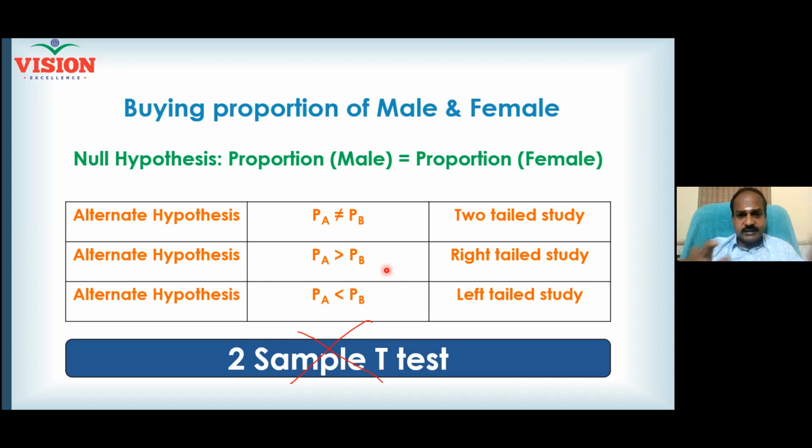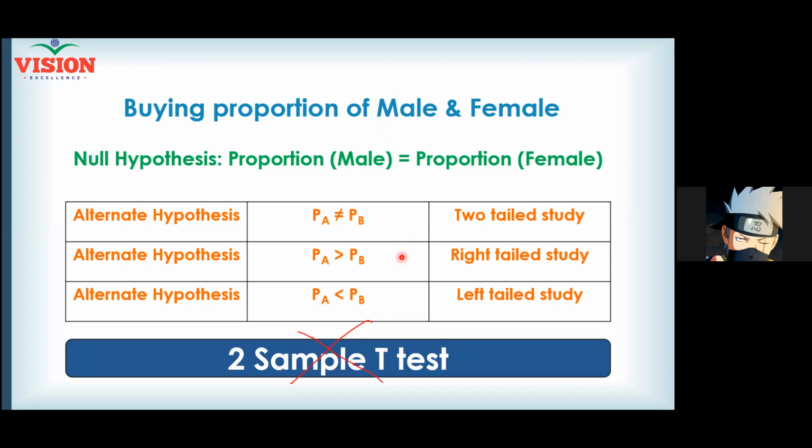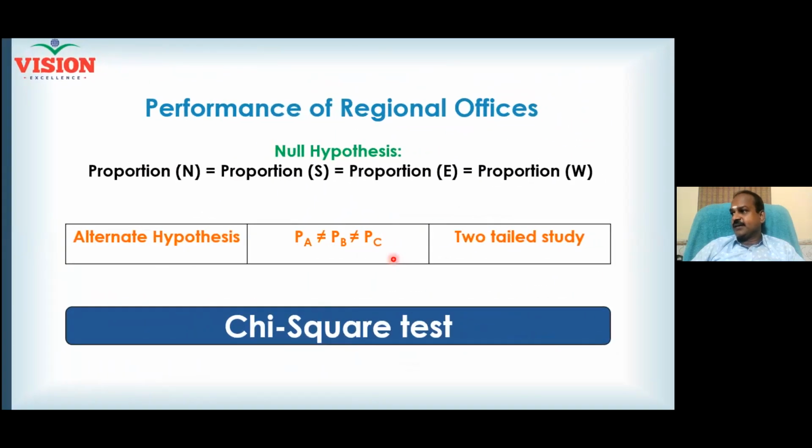What is this? Proportion. And the majority of the people are liking the taste, so I will go ahead and launch the product. What is the test I have done? Two proportion test. Clear? Similarly, instead of two groups, when I have more than two groups, for example, I have a company in